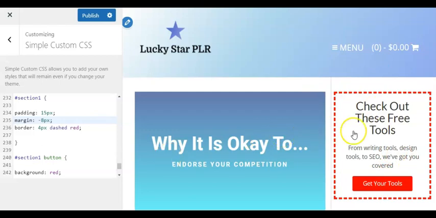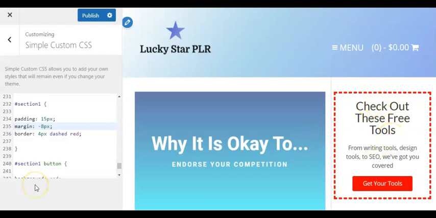Also, if you have coupons or whatever for your products, you can say check out this product with this coupon code, and they use the code when they purchase it to get 50% off or 20% off or whatever discount you're going to give for that. There's a variety of ways that you can do this. There's lots of things you can do with this type of thing, and I just wanted to show you what you can do and give you some ideas.